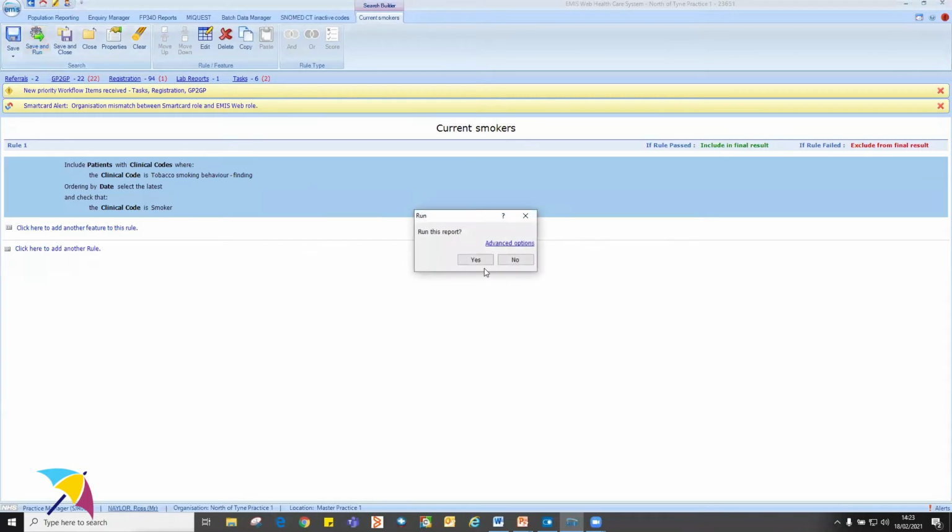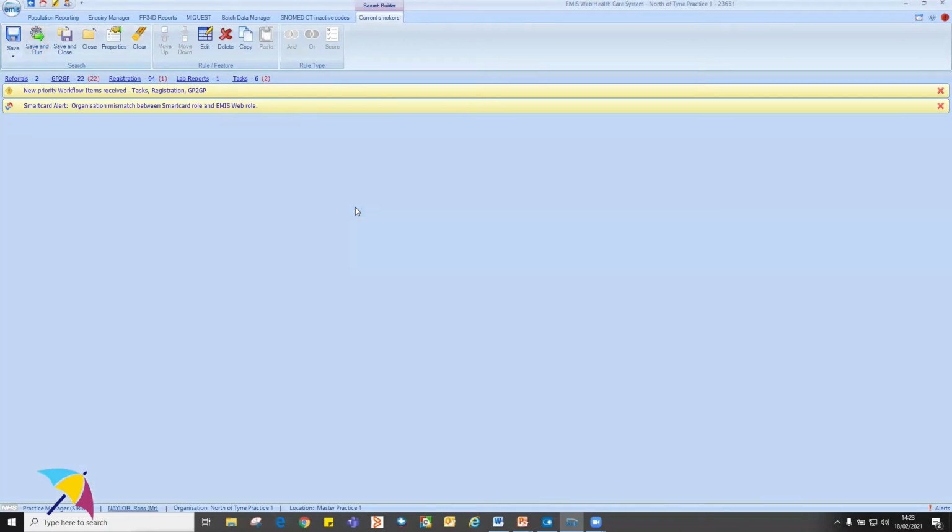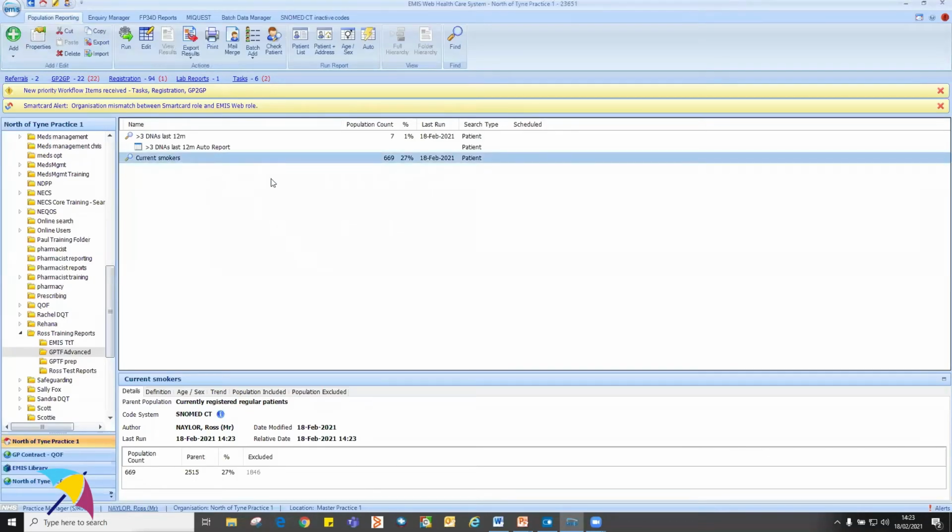I'm going to save them up, as we always do. And that's going to show me all of my current smokers. So test patient population, we tend to make a lot of them smokers because it's quite a useful criteria to then report on. And again, just to show you the functionality, if we wanted to use my auto report,